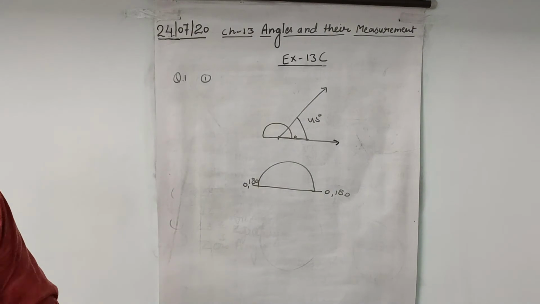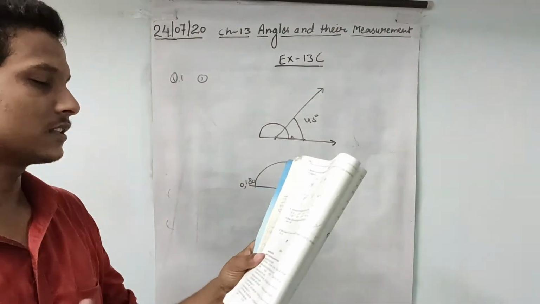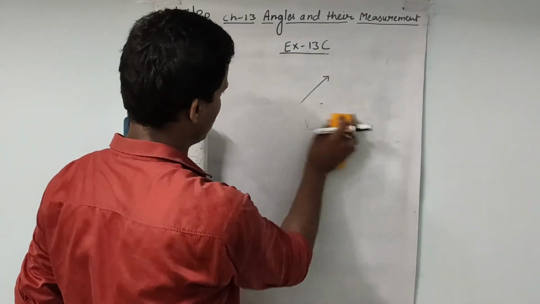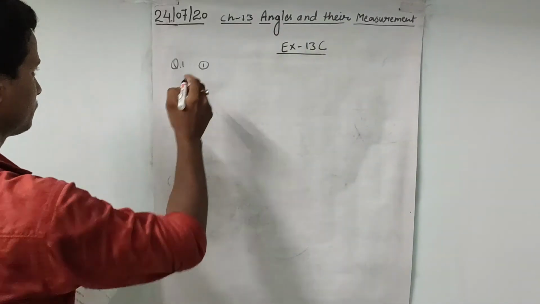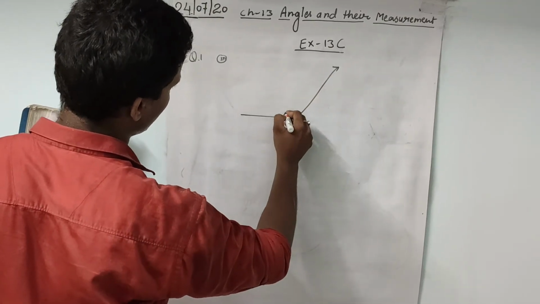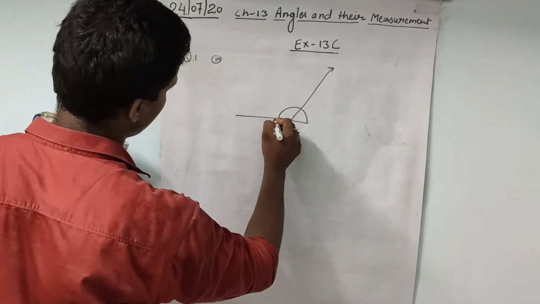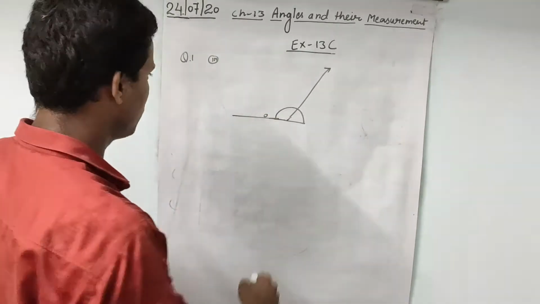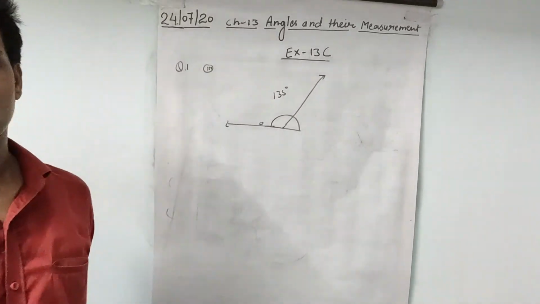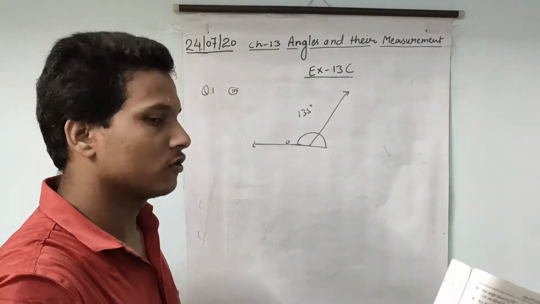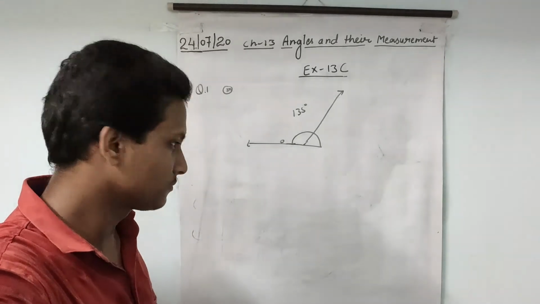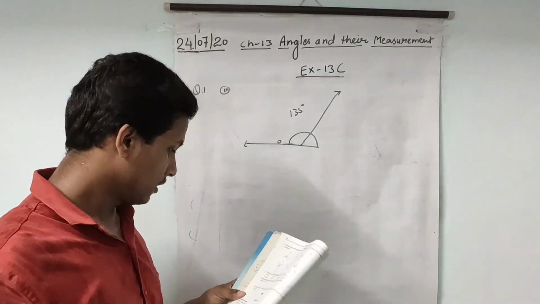The second angle, if you measure, is 75 degrees. For the third one, you need to do the opposite, like the angle is drawn like this. You need to put your protector like this, and you will consider 0 from here. So it will be a 135 degree angle. A 1 or 2 degree difference is fine, because this will be considered as the thickness of the pencil.